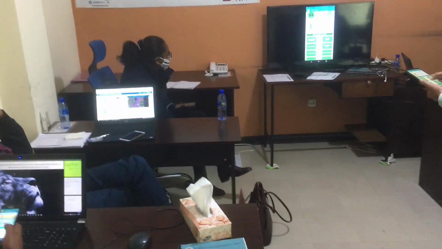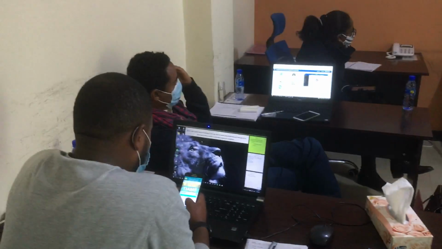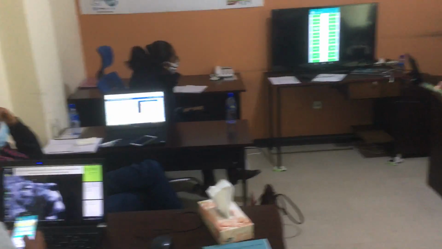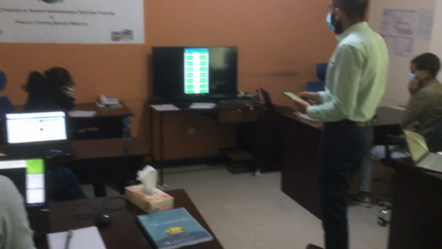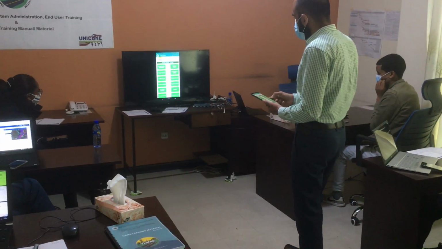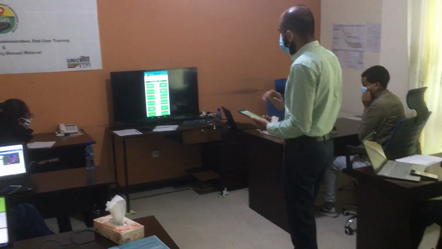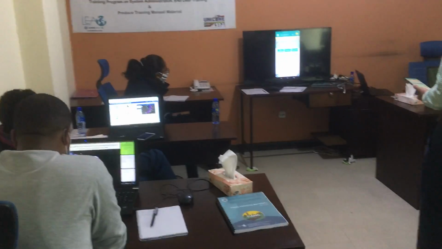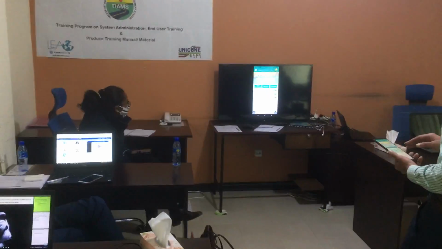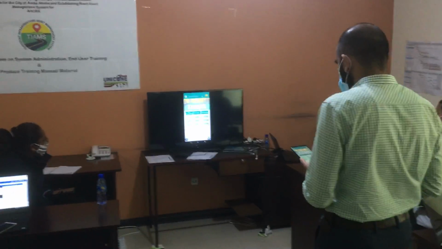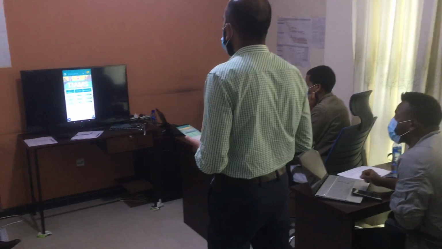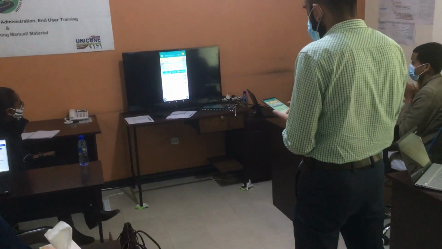You can see that all forms are lined up here, whatever you have seen inside the RIS application. For the time being, I'm just going to click on street light. See, already 3 data entries I tested yesterday, so that data is available there. If you want to add new data, we need to click on the add button.